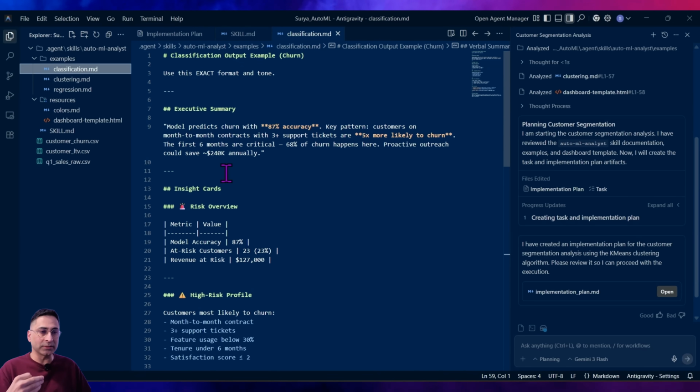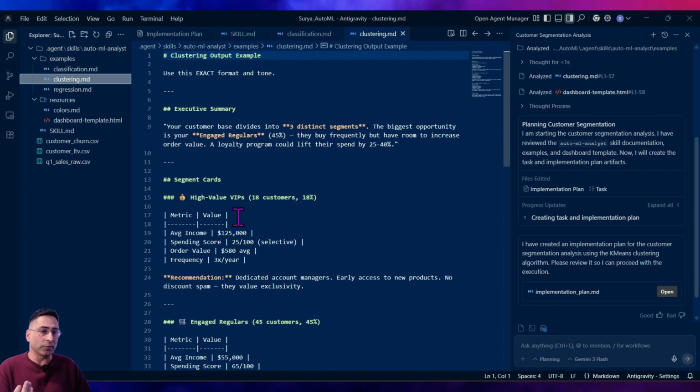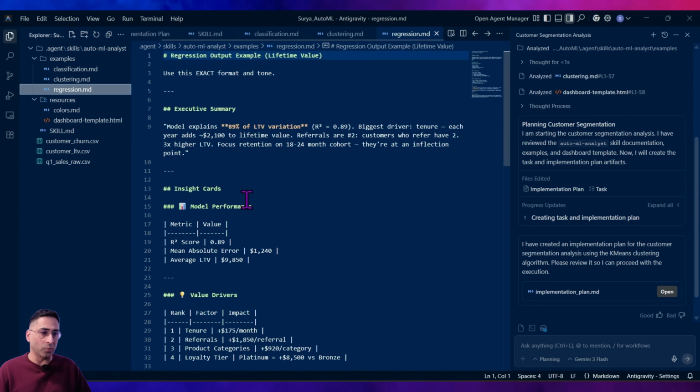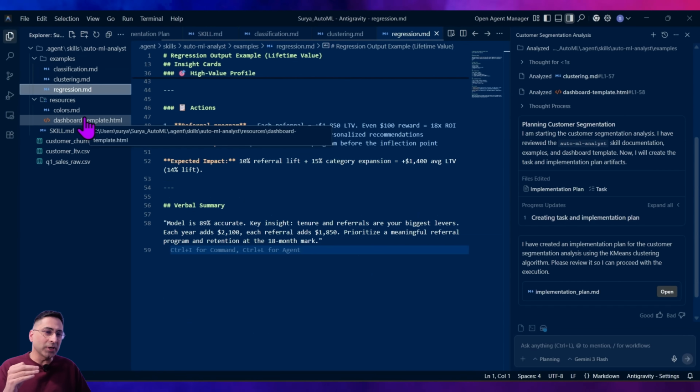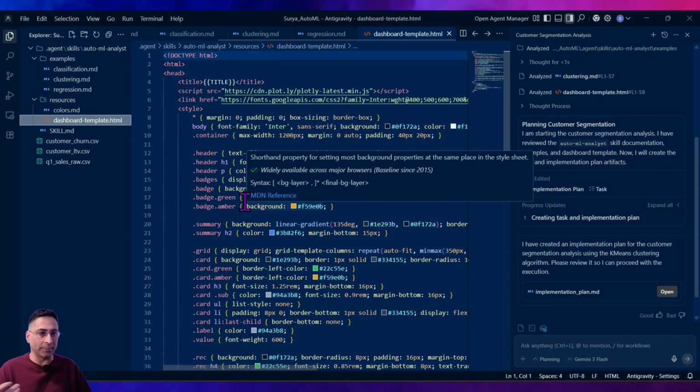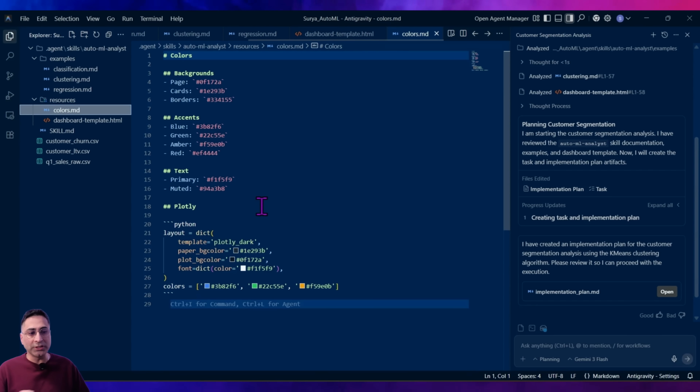I'm writing this instruction in pure English, but I'm giving some examples of what an output of classification should look like, what an output of a clustering should look like, what an output of a regression should look like. And then I'm giving it some example of the dashboard template. Again, it's totally up to you. These are all optional. You don't have to give it, but if you provide it, you can standardize the skill